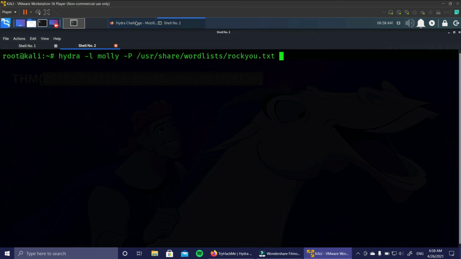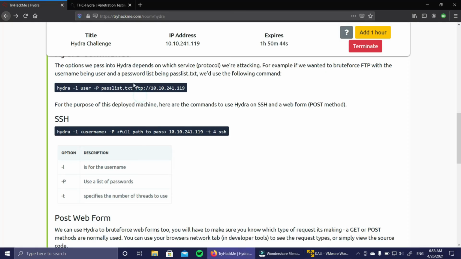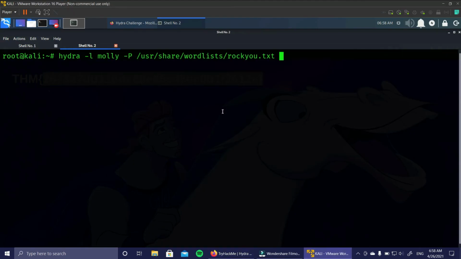Then we are going to type the IP address and ssh. Don't need to type like -t 4 because the threads will be 4 by default in Hydra. So yeah, just going to press enter.